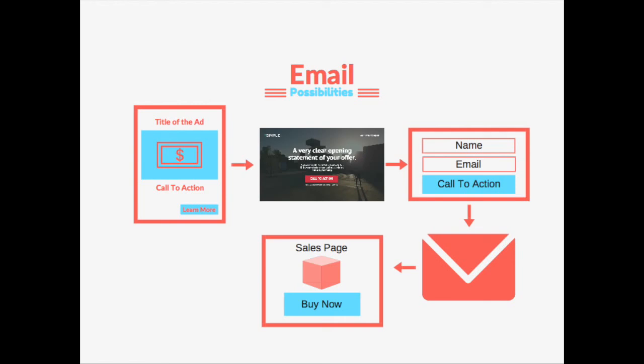Whatever the offer was, I'll give you access to it if you give me your name and email. They give it to you. You send them an automated email, which I'll get into a little bit later. And that email gives them a link to a sales page that says, so now that you got the free offer,